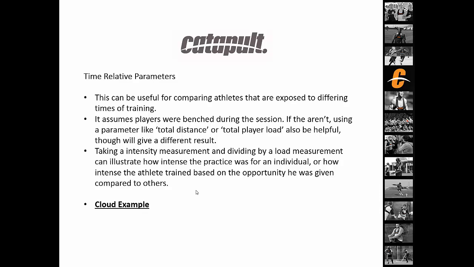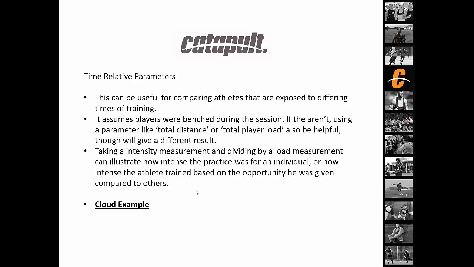And it can be a good way of understanding how well a player or an athlete deals with an increasing load. So whether it be total IMAs divided by player load, total high velocity distance, or total accelerations divided by total distance or player load, that ratio, as we start to see load increase, do we see the ratio remain the same? Or when we get into those really high player load